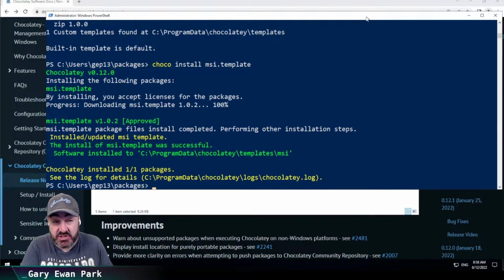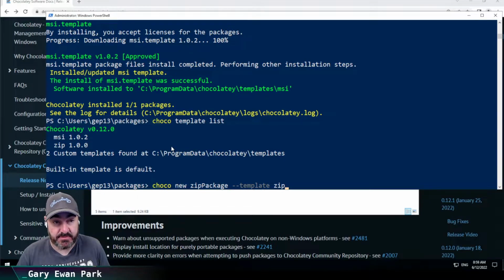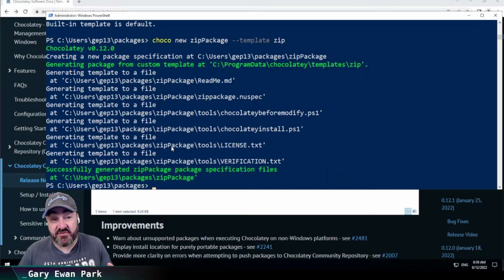Now, like I say, equally, you can create your own template packages. These are just the two that are out there at the minute on the Chocolatey repository. So if I come up here again and do template list, you'll now see that I've got two templates installed. So if I were to then do choco new zip package, passing in the template of zip, then again it'll scaffold me out the